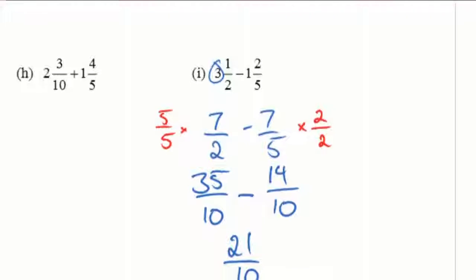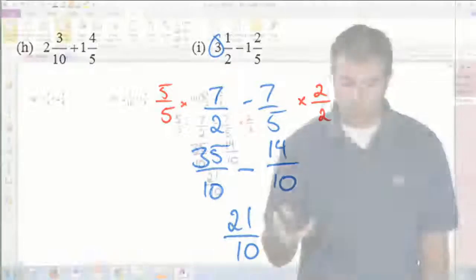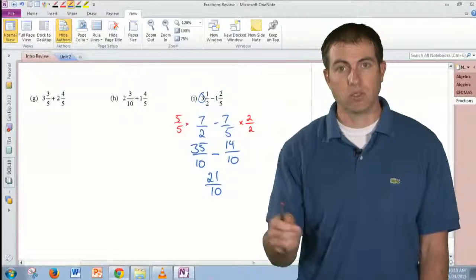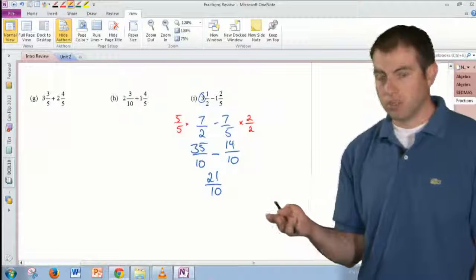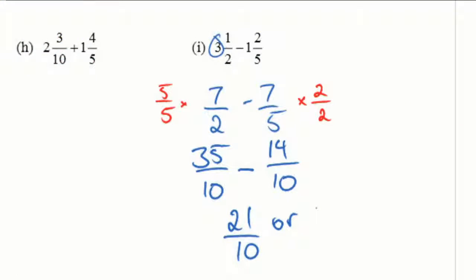Now, one little kind of, we'll call it semantic thing is, the question gave us these mixed fractions. So when I get to the solution, sometimes the answer is going to be in this form we have here, or it could be in a mixed fraction as well. So I'm going to convert it back to a mixed fraction. How many times does 10 go into 21? 10 goes into 21 2 times. So I'm going to have a whole number 2 out front. And then what's left over? I should have 1 over 10 left.